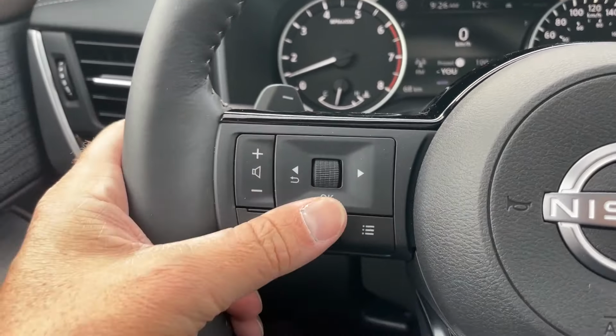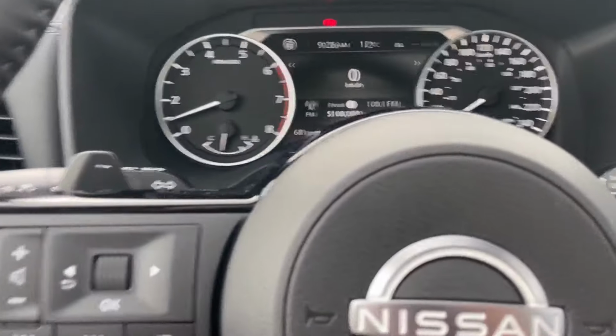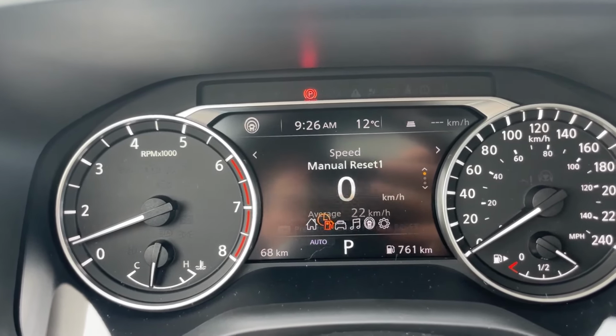So from my steering wheel while I'm driving using my thumb, I have full control of everything that I need to do with my audio right from here. Again, without having to take my eyes off of this forward position here, keeping them at the road. Really great features. So now I'm going to go to the right of screen, and I have manual reset 1